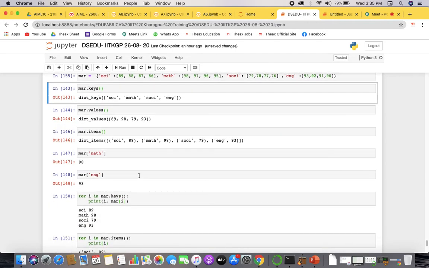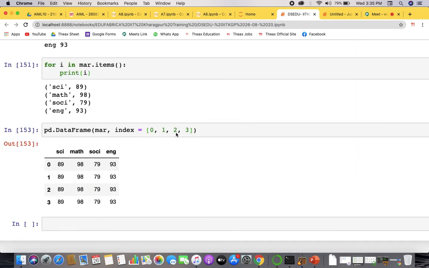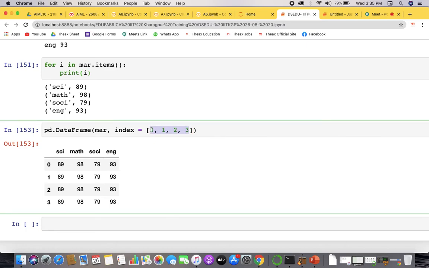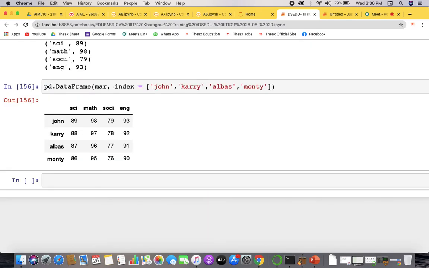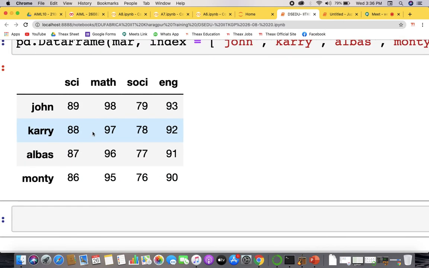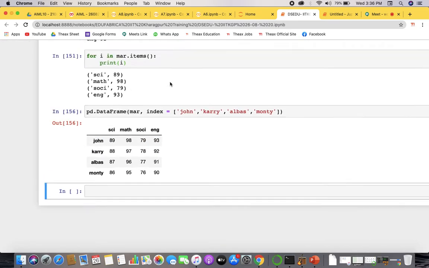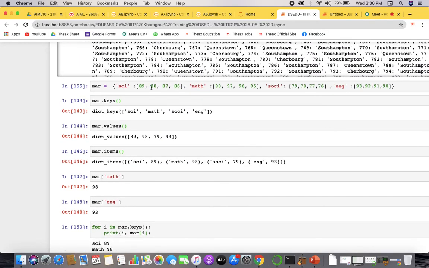Fine, yeah. So now instead of giving the indexes there, I'll just write some names. Let's say for John, let's say for Gary, and Monty, and you can find the marks out there. So something updated, right?